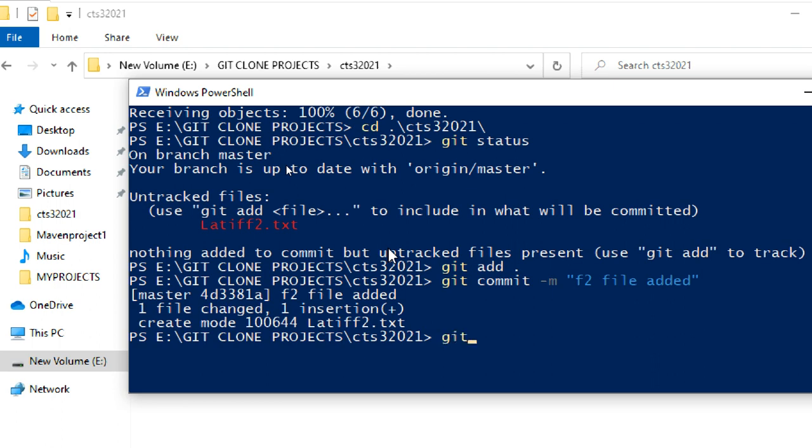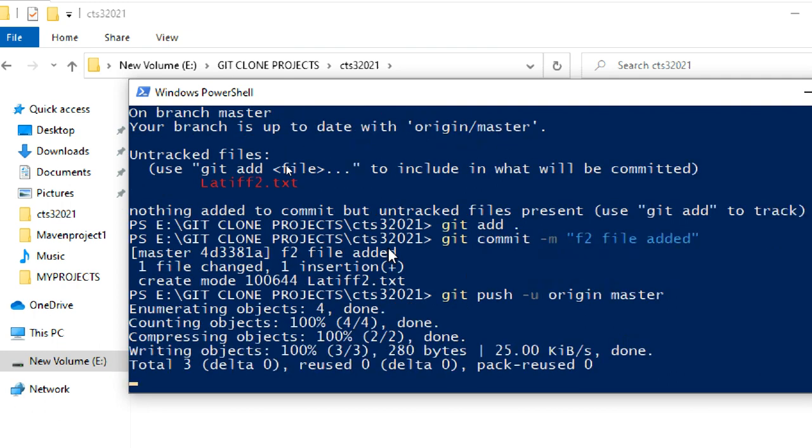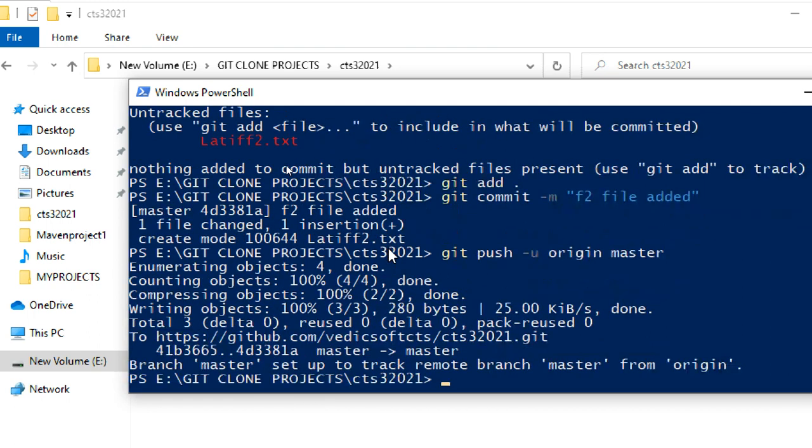Okay. Now the commit is done. For you, when you do this commit, it will ask for global configuration: username, email ID, and then commit again. And you have no need for remote add kind of stuff. Just do git push origin master the first time. I'm committed to the master branch only. Directly you can give this one. For you it will ask username and password the first time, but I already gave it, so it is not asking.